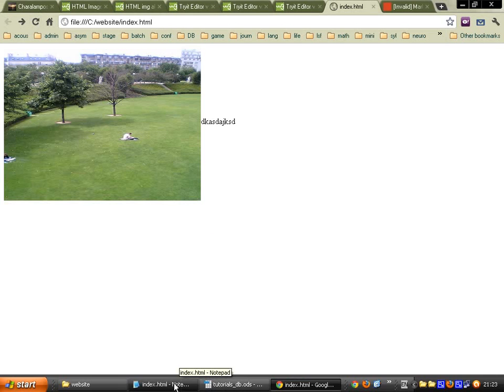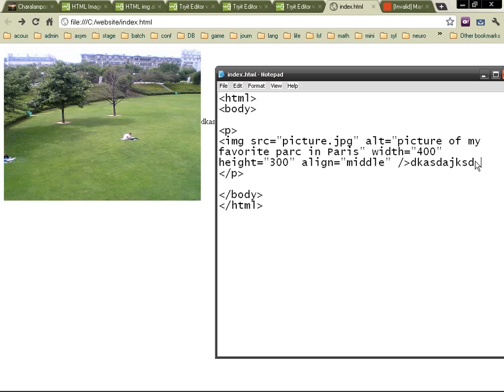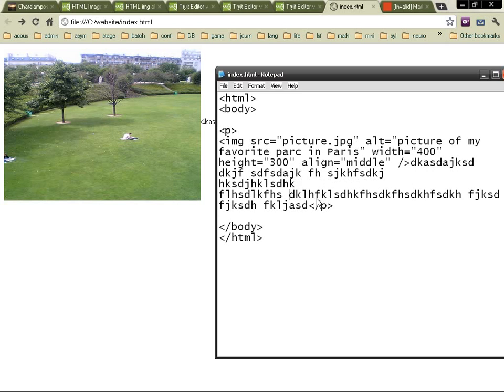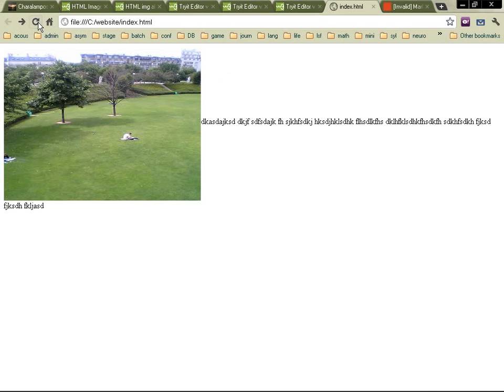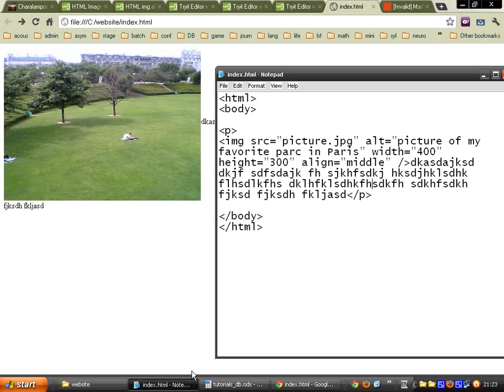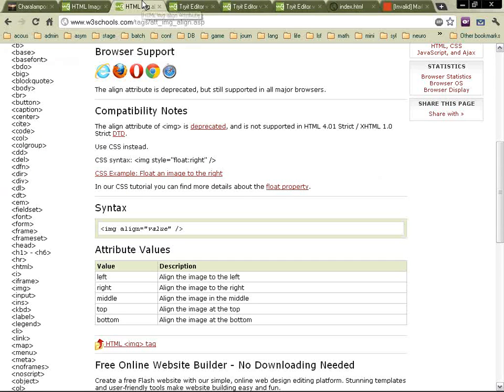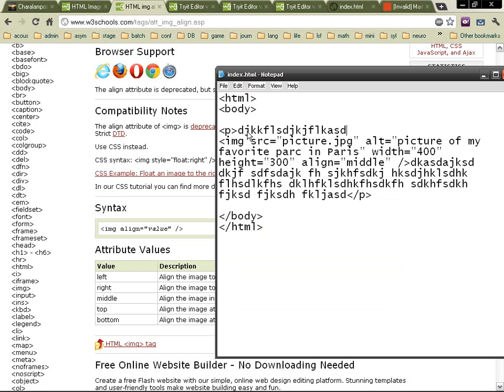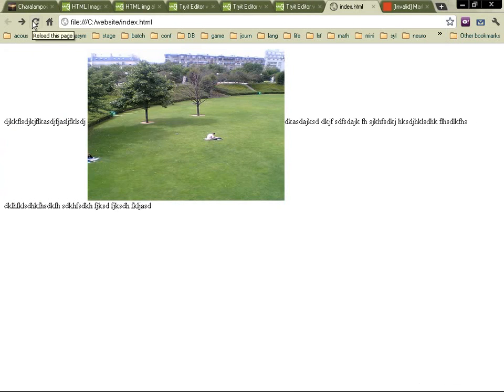of course we need to write down more text in order to see what happens really. That's better. So you've got middle. I don't see what happens with the middle, and I suppose it's because it's when you have text before and after. So there you go, something like this,